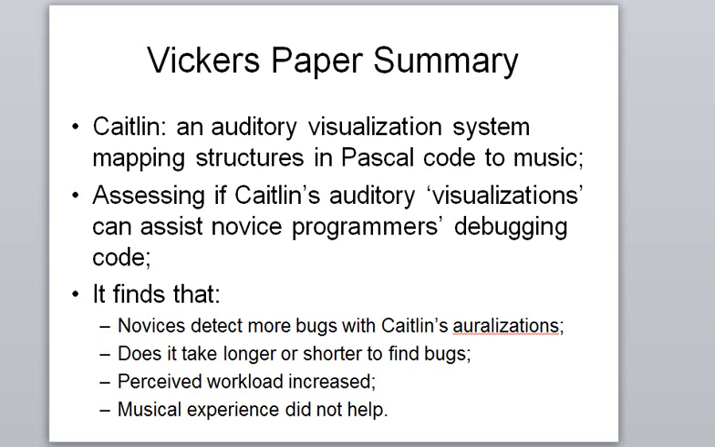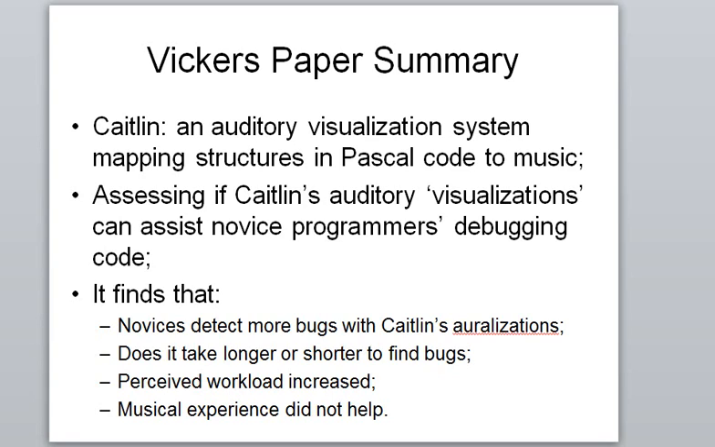Now that phrasing, novice programmers debugging their code easier, isn't very measurable. We need to find some better measures for that. So they break that research agenda down into more specific ones. Easier means that they could probably detect more bugs. Easier means that they could detect those bugs quicker. Easier means that their perceived workload would be less. So, in fact, they target 4 specific research questions: that novices detect more bugs with their auditory visualization system,